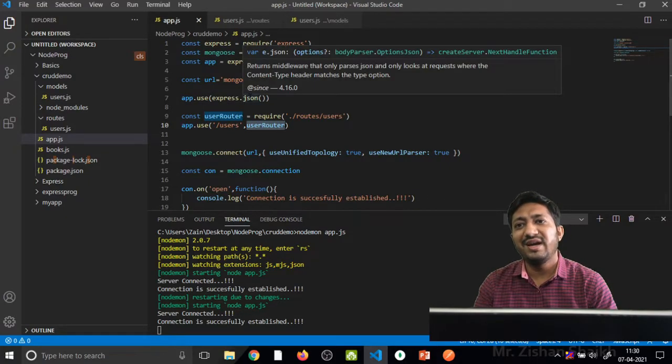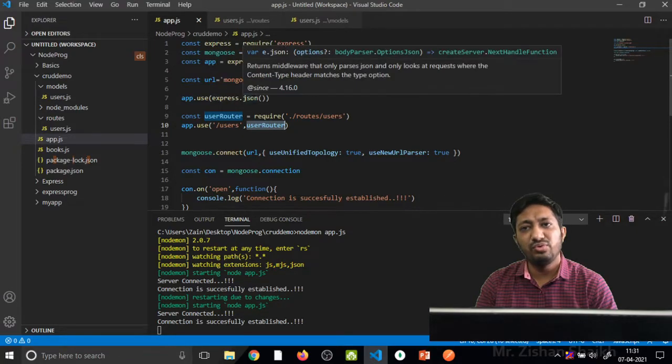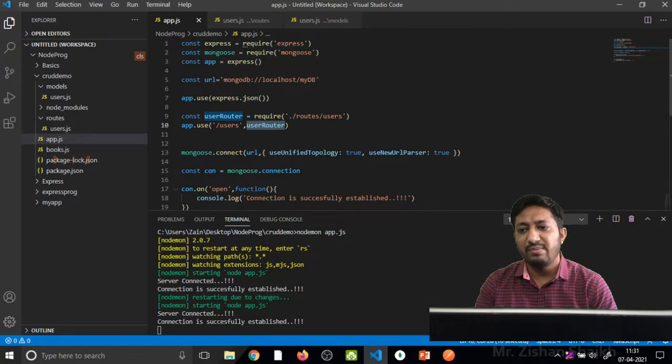So here all the data items which are switched over the web follow the JSON format, not the text format. That's why our Express module has to use JSON. So we have to use app.use(express.json()). This is the only line we are remembering in the explanation of our basic app.js. So now you are all aware of all the lines of your